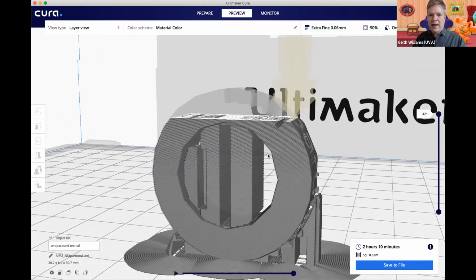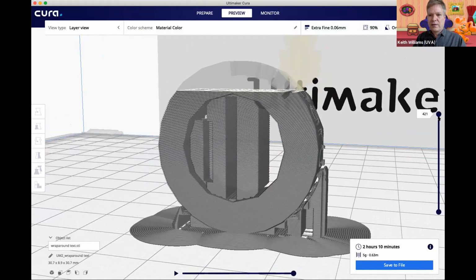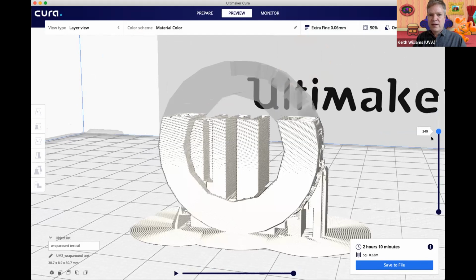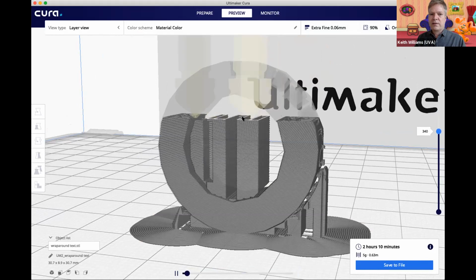And it had to generate that support material there. See all that extra crap it has to write just to support the top of the ring, right? So it adds extra time. And this is still a relatively fast printing design. So it's not too terrible, but you can kind of get the idea that